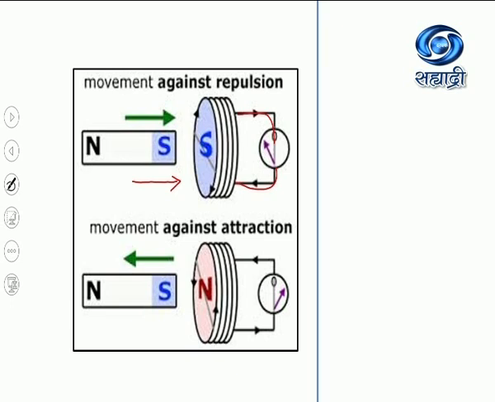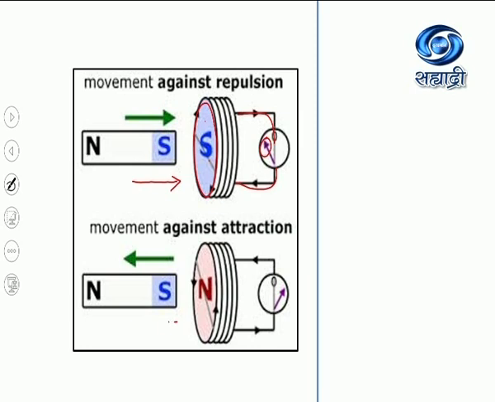On account of electromagnetic inertia, the coil will try to oppose the approaching magnet. If it has to oppose the approaching magnet, then in that case, the face of the coil which is facing the south pole of the magnet should act as a south pole. And we know that in the case of a current carrying coil, if the current flows in the clockwise direction, then in that case, that face of the coil acts like a south pole. So that's why the south pole of the coil will oppose the approaching movement of the south pole towards the coil. So at that time, the deflection produced in the galvanometer will be on one side of 0.